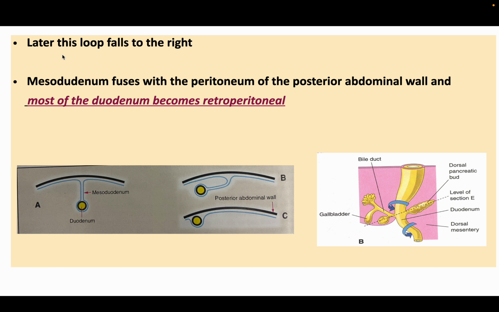Once this loop, that is the duodenal loop, is formed, the next step is that this loop falls to the right. The mesoduodenum is hanging the duodenum from the posterior abdominal wall, and later the fall of the duodenum occurs on the right side. Now this mesoduodenum fuses with the peritoneum of the posterior abdominal wall and most of the duodenum becomes retroperitoneal